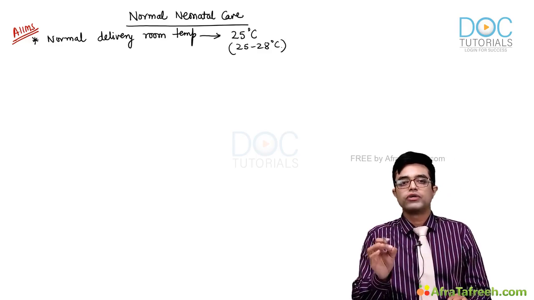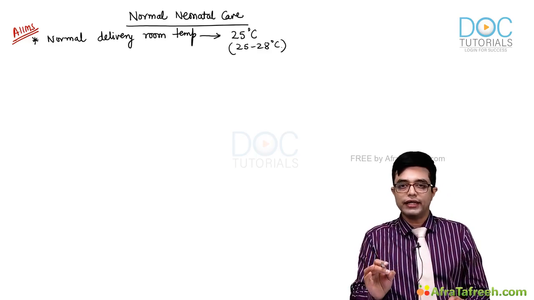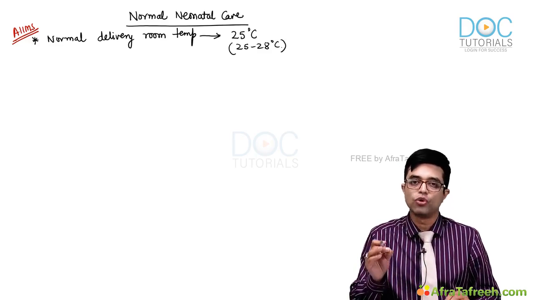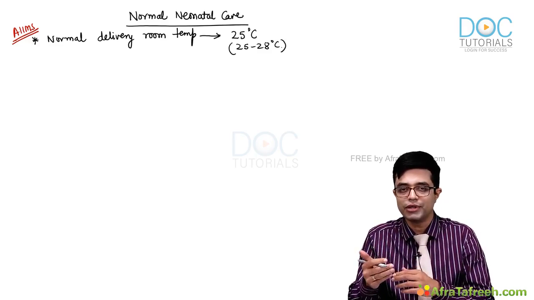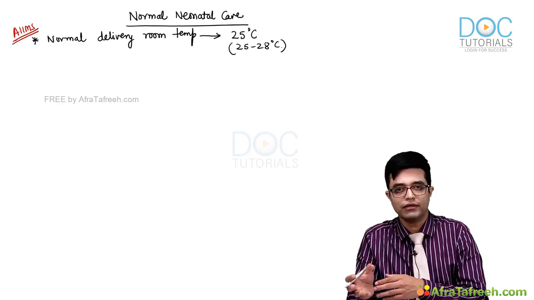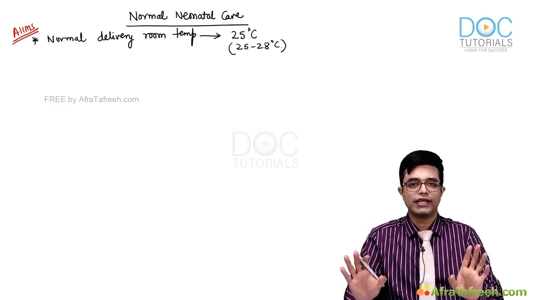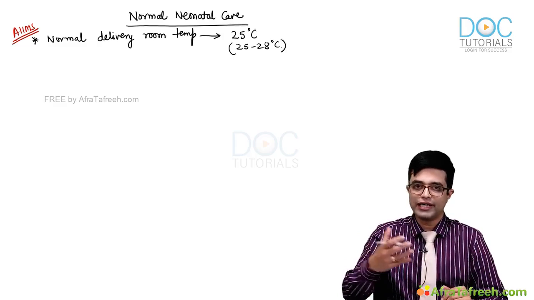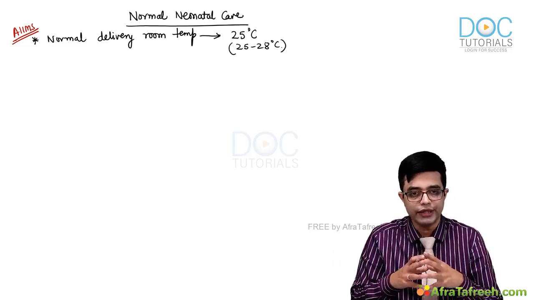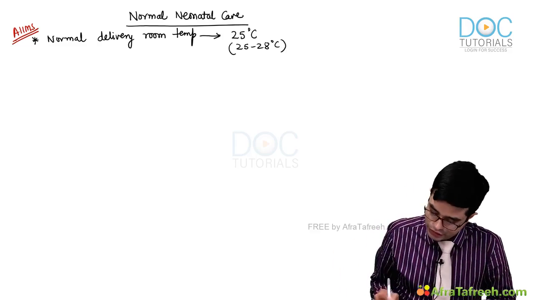Because according to AIIMS Protocol 2019, preterm babies are more comfortable at slightly higher temperature of 26 to 27. And so the range is always 25 to 28. Term baby, 25 is fine. Preterm baby, you can take a higher range. So range is 25 to 28. Whenever a child is born,